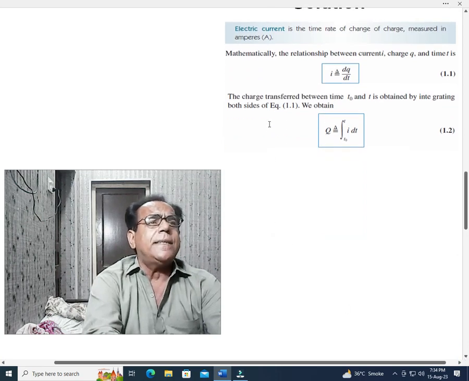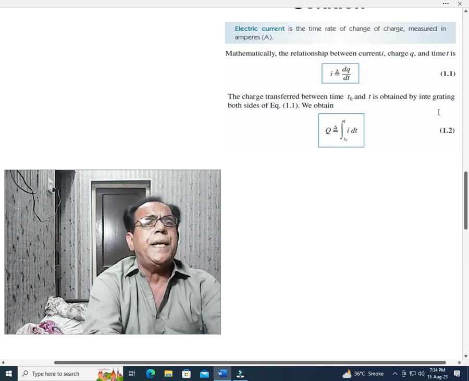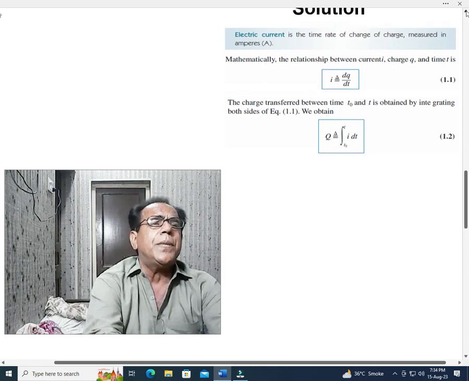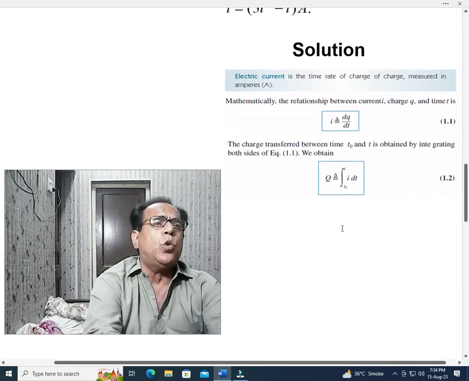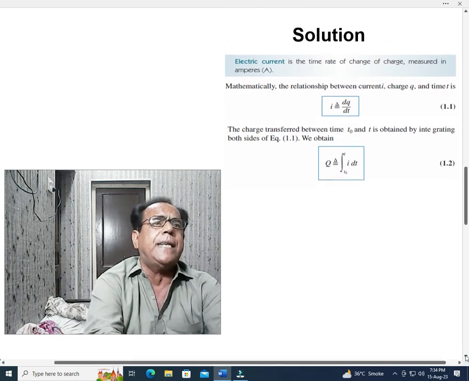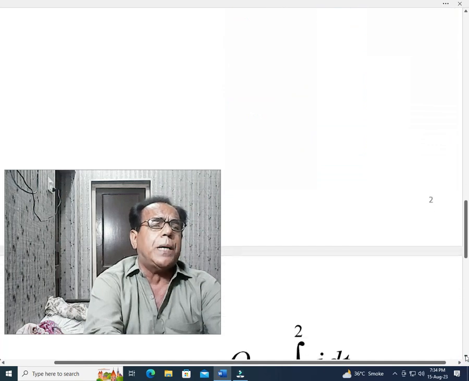The charge transferred between time t naught and t is obtained by integrating both sides of equation number 1. That is, capital Q equal to integral from t naught to t of I dt. Okay, this is just a guideline provided in the book. We will follow these guidelines. So according to these guidelines, our solution becomes